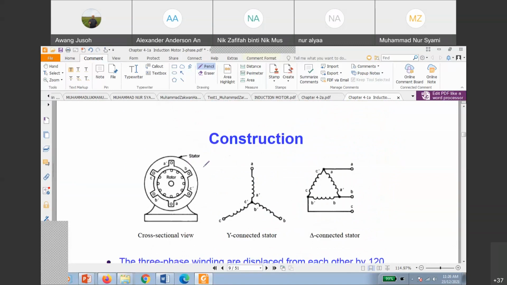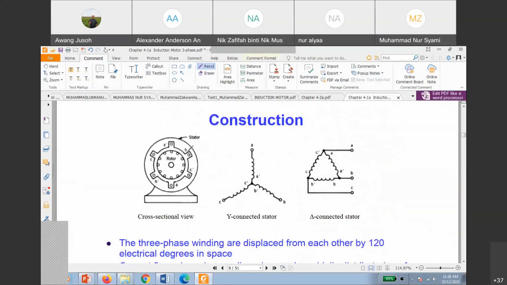Okay, this is the structure of the machine. If we cut the machine, basically as we explained just now, there is this stator part and this rotor part. The stator part can be connected as a star or delta system. A is your supply from the utility, from TNB, for example. So this is phase A. Phase A connects to winding A, phase B connects to winding B, phase C connects to winding C. If star connected, and if delta, it is similar to that.